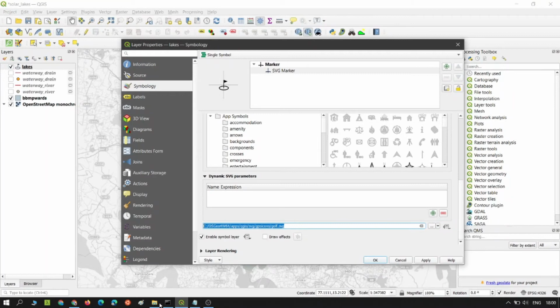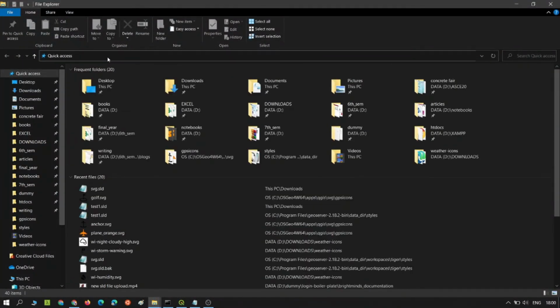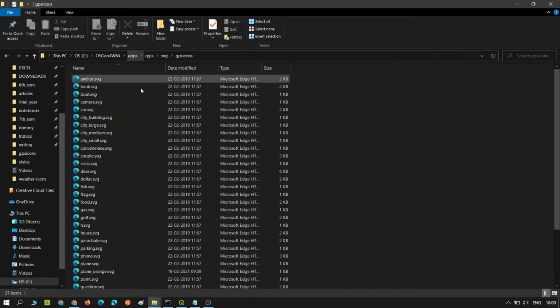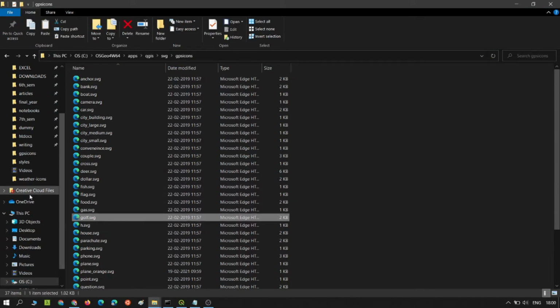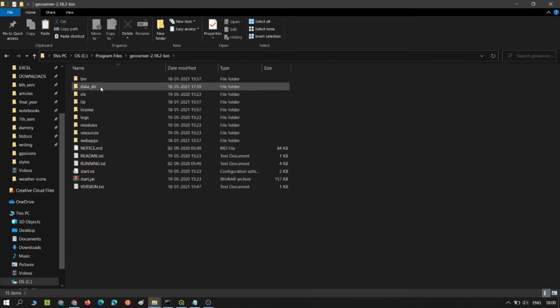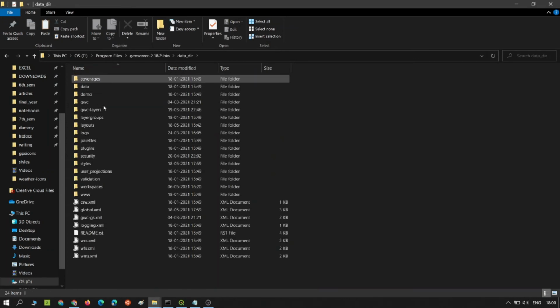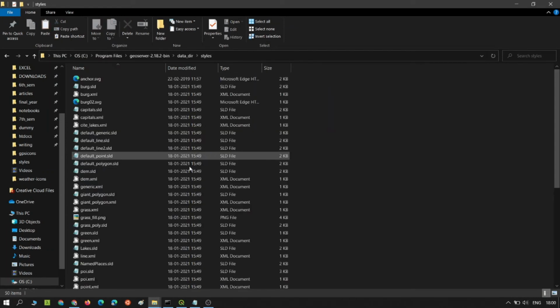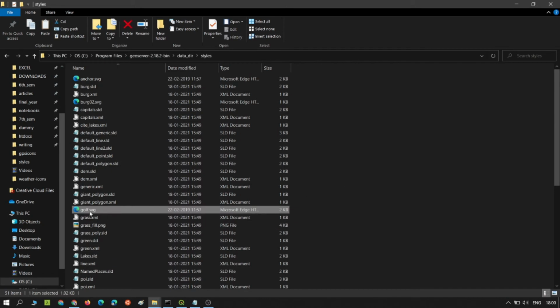Okay, so this is the path, and then let me just paste it on this. And then I need to search for golf, so I need to copy this and take it to my datadir. So it is in Program Files, GeoServer, bin, datadir. So this is the datadir, under that styles, and then here you have to paste it, golf.svg.